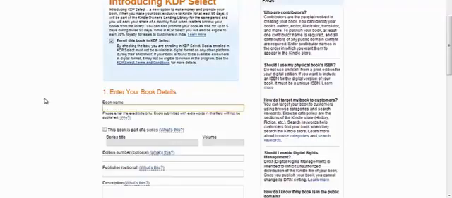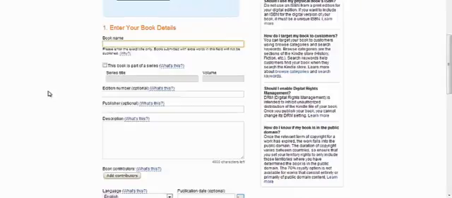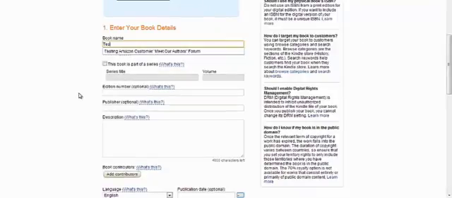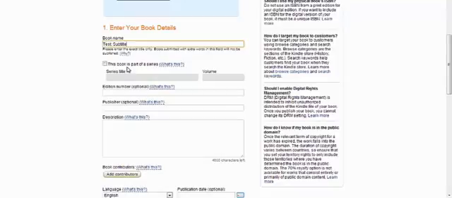Now, the first thing you do after KDP Select is enter your book name. So here's just a test. I'm going to enter my book name here, and then if you have a subtitle, you want to do a colon like that, and then subtitle here. And if you even want to add some more keywords to your book, you can do that in parentheses, something like how to sell more books,